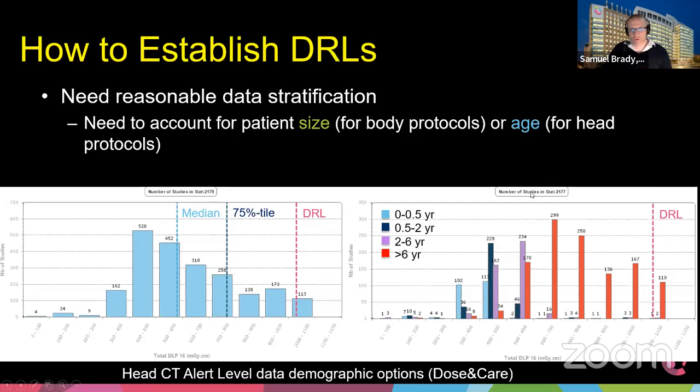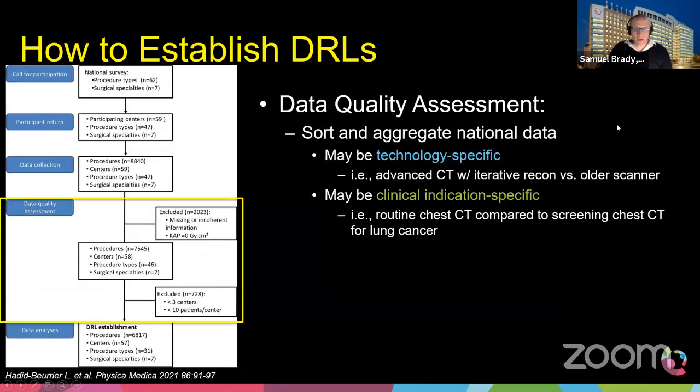And this is meant to show you that you need to stratify your data based on patient demographics. So in this case, I really need 2, 3 DRLs and we do have them. I'm only just showing you the one, but you do need to set them up for multiple. Because if I set up a DRL for my 2 to 6-year-old, that was more along the lines of about 500-600 DLP, you can see that some of those exams are actually too high for that patient population.